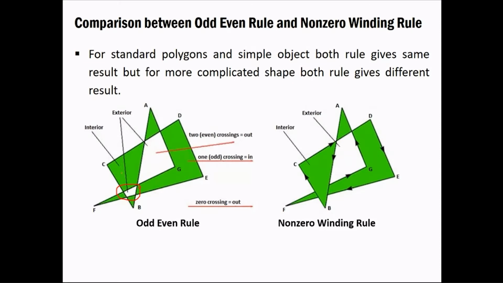Suppose we have one point over here and we are going out from that point. If the line coming out of the point crosses one line, or has one intersection edge, then based on our odd even rule, if the number is odd, we decide that this particular point is an interior point, and if the number is even, then that point would be the exterior point. So a similar scenario is given over here.